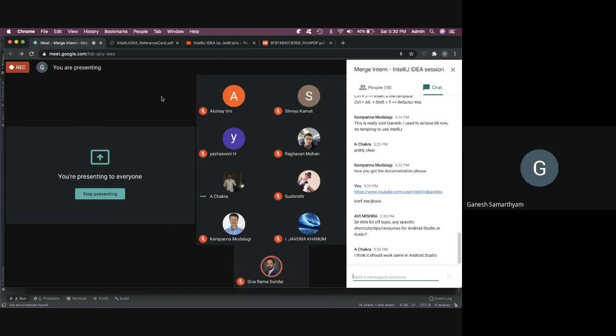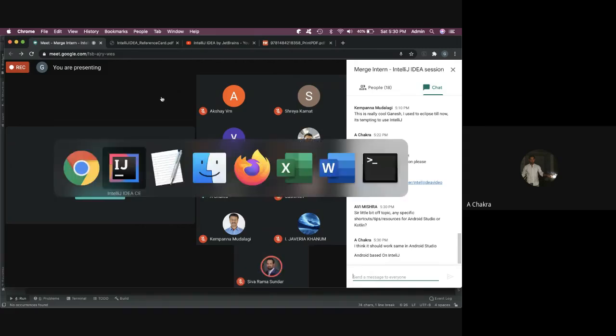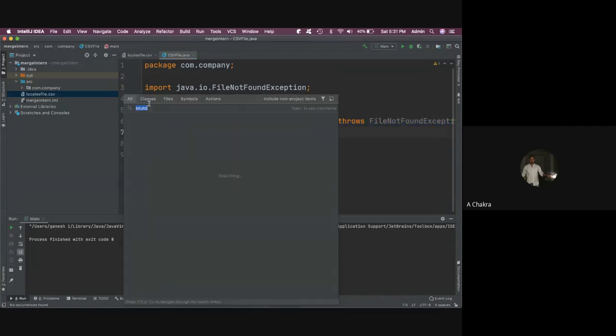Thanks for the nice question, Avi Mishra. Any other questions? I'm getting a lot of good questions, really happy for that. Yes, I have a question: IntelliJ is developed by JetBrains, and Kotlin is also developed by JetBrains. So by default, does IntelliJ IDEA support Kotlin, or do we have to add some plugins?